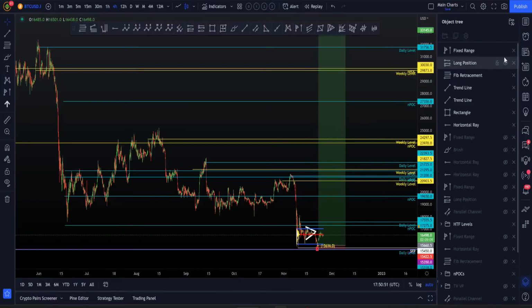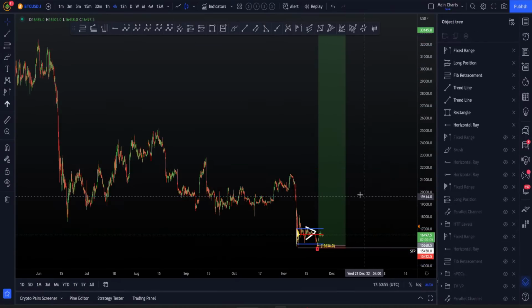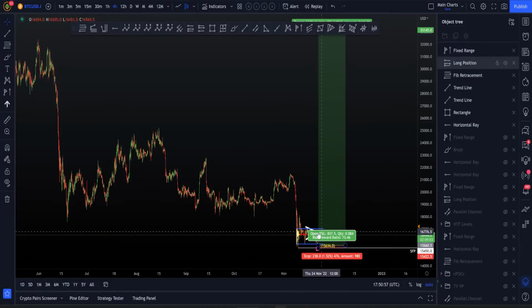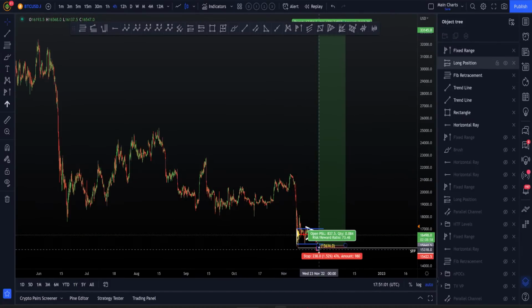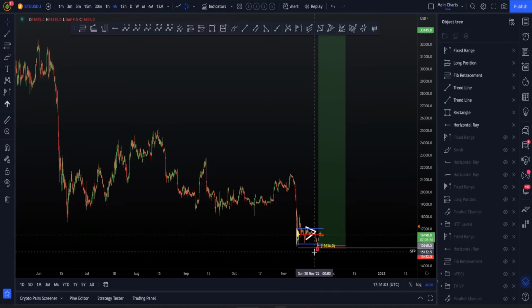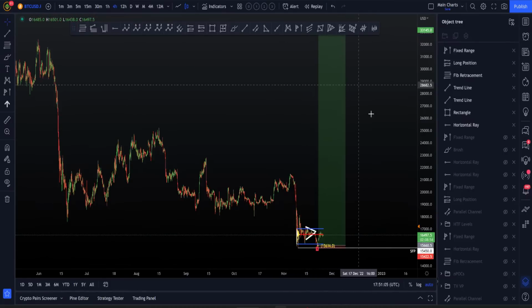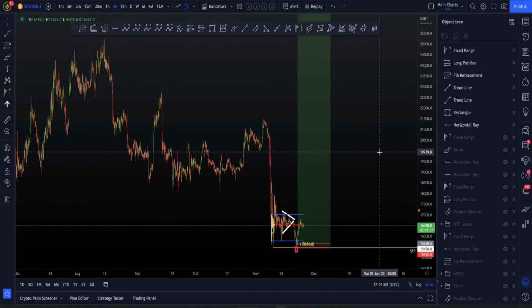If I just hide these higher time frame levels a second so you can get a clearer view of this. Okay, we could be looking at something very nice down here, right? Low put in, range bound, triangle, broke to the downside, swing failure pattern of the low. Well, if this is a bottom, that's a bottom, right?